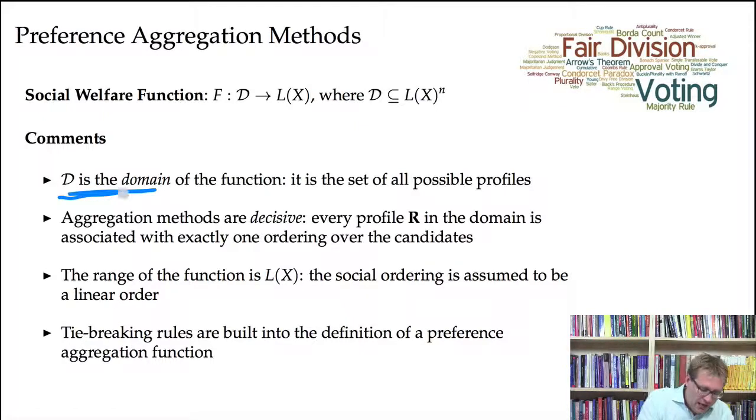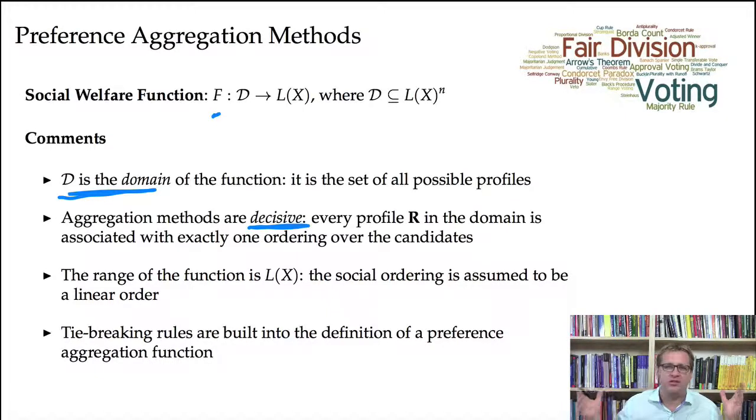Second, the aggregation methods or the group decision-making methods are assumed to be decisive. What that means is because we're thinking of these group decision-making methods as functions, that means that for every profile in the domain, the group decision-making method has to assign or associate with it exactly one ordering over the set of candidates. So it means that our group decision-making method can't just throw up its hands and say, gee, I